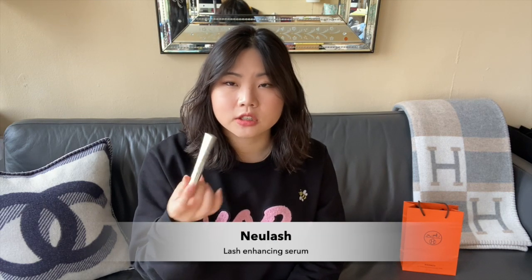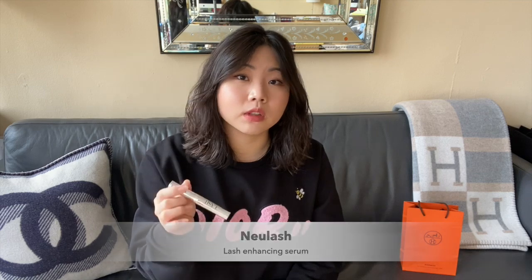The next item I want to talk about is a lash enhancing serum that I have been using for about 5 years now. Not the same tube, but I've been repurchasing this time and time again for 5 years or so. And it is the New Lash Lash Enhancing Serum. This is the only lash enhancing serum that I have tried and used. I am very, very satisfied with the results,